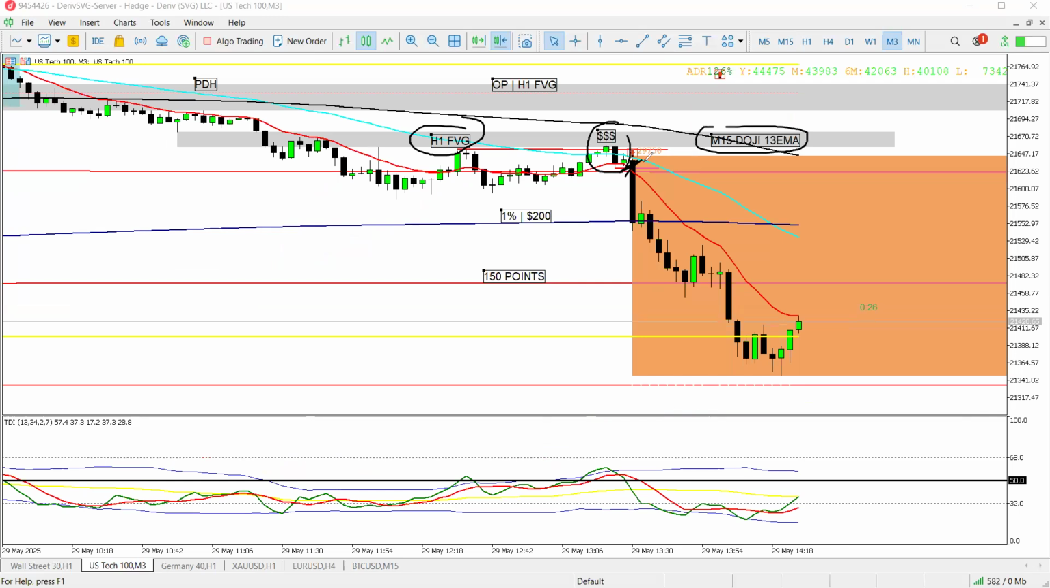So this is just my notes on my chart. At the top, you see today's open price and that H1 FVG and the previous day's high, which was also in the same area. So I just entered at the break of this level, and I also used the break of this order block